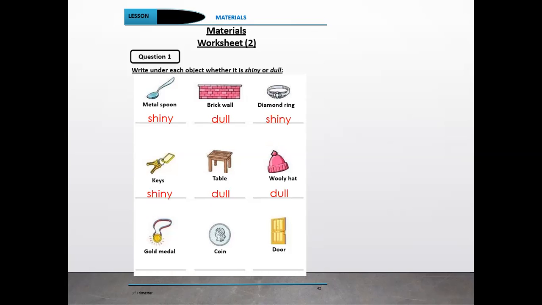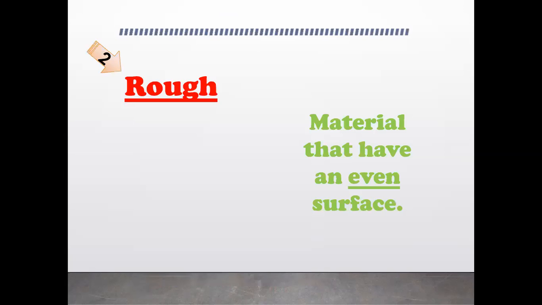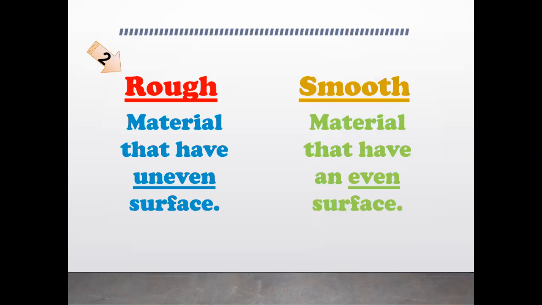Gold medal, reflecting a lot of light, so it will be shiny. Coin, reflecting a lot, so it will be shiny also. Door, reflecting less light, so it will be dull. Okay? Okay. Now we're going to come to the second part, the second property, which is rough